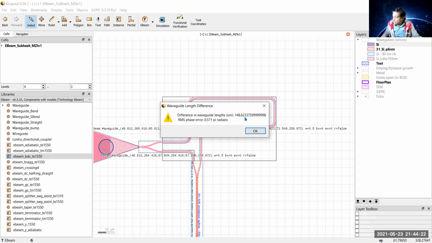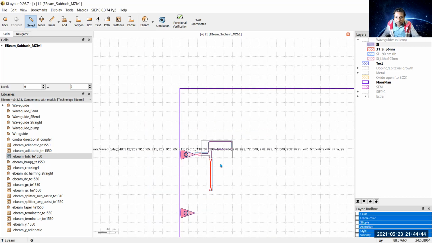It is taking around 148.62 with this RMS phase error of 0.575 radians. So it's okay, 148.62. So this is delta L. We have to remember that delta L is equal to 148.62. I think up to that point, a learner can understand.